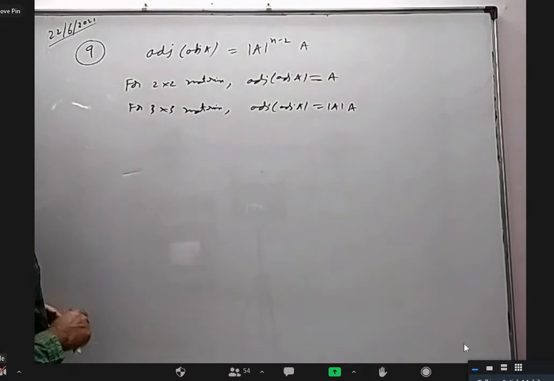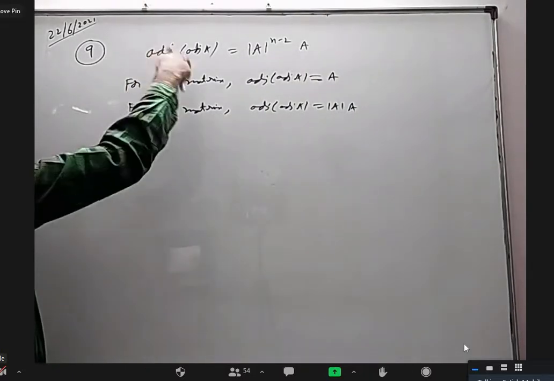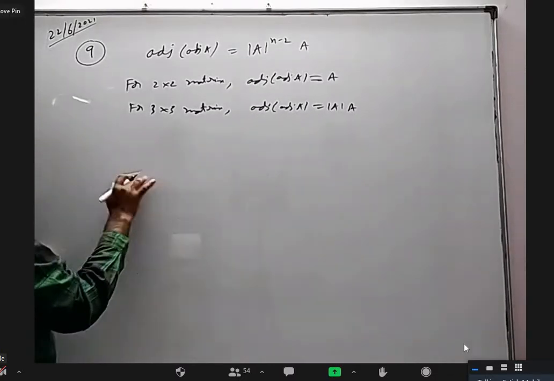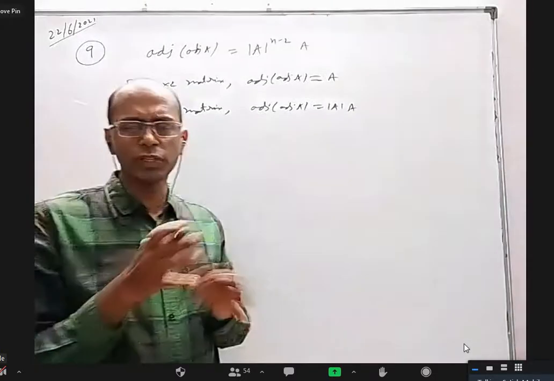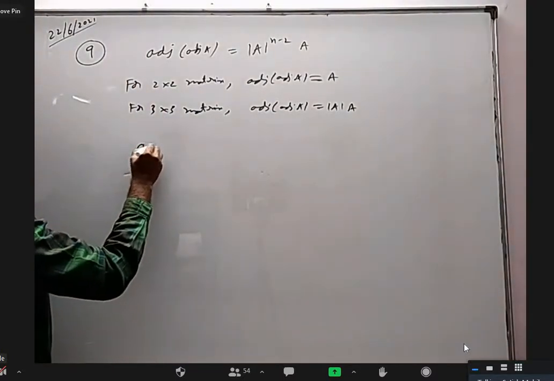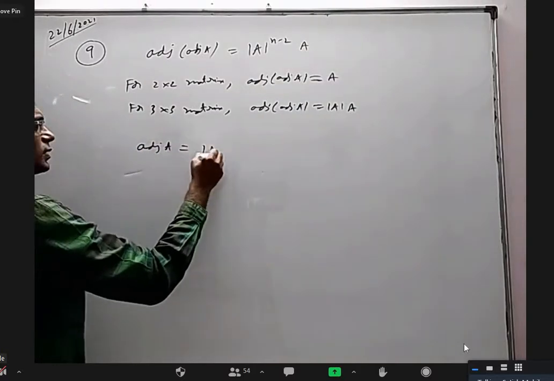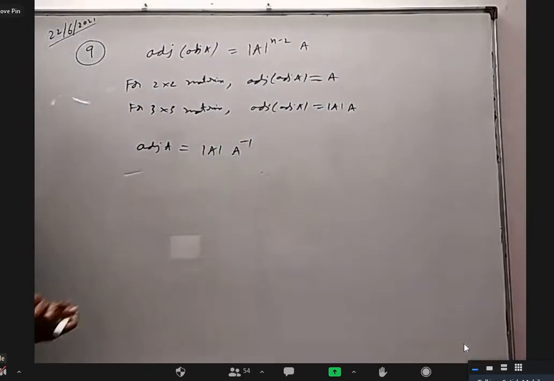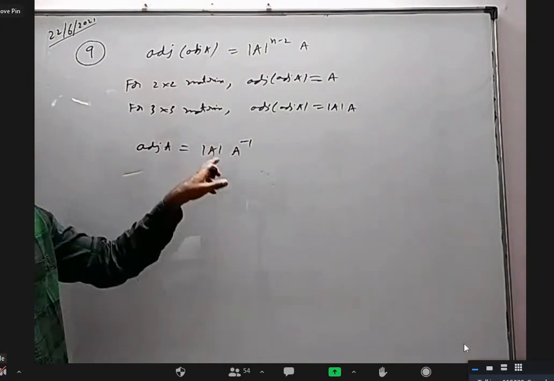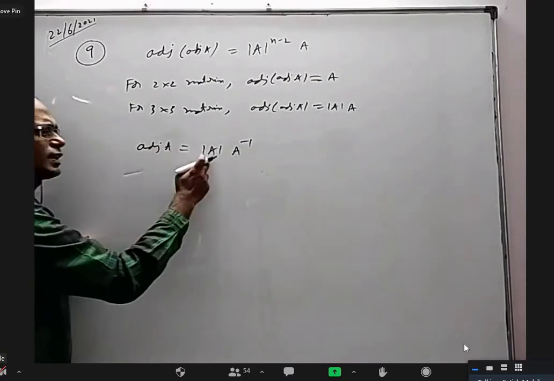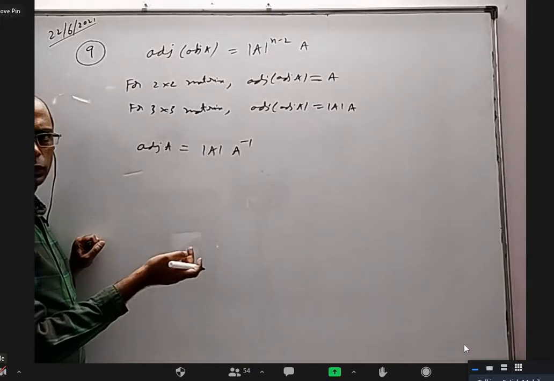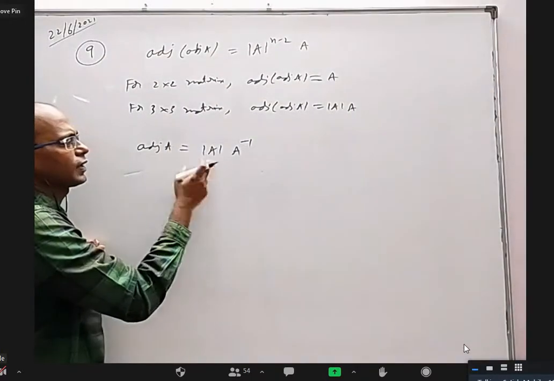All right, coming back to this. How to find adjoint of adjoint A? We already said that with adjoint we generally don't try to prove with adjoint, we try to prove with inverse. Yesterday we had this formula for adjoint A: it is det A into A inverse. We know A inverse is adjoint A by det A, so det A is brought here. Now wherever A is there, I can write B, C, D, anything. In the place of A, I can put adjoint A.